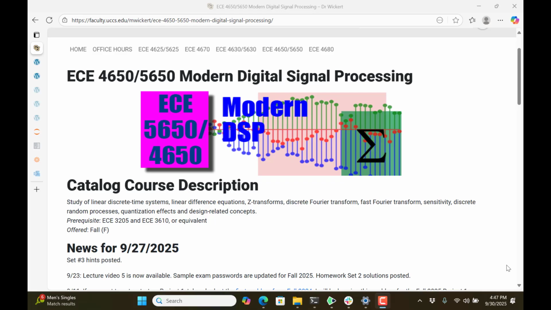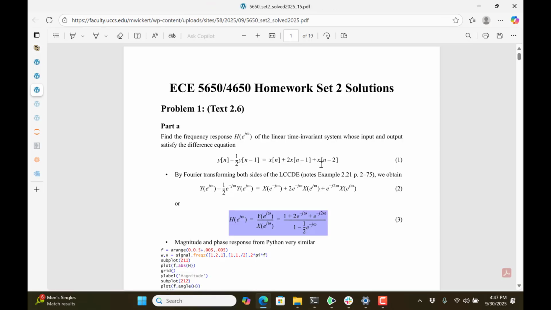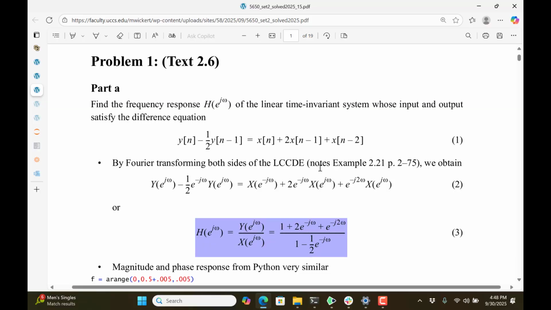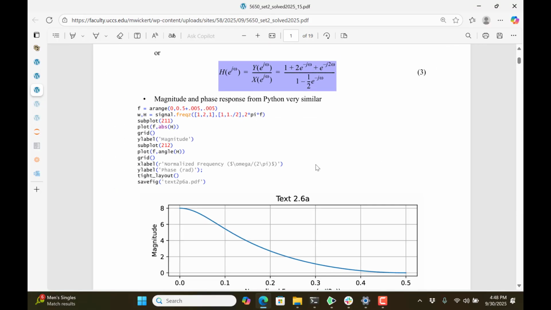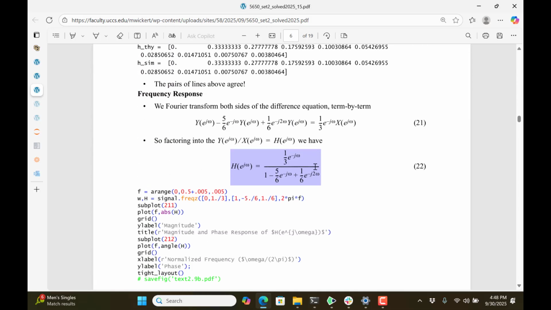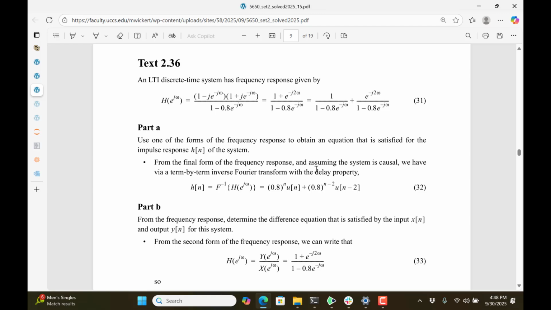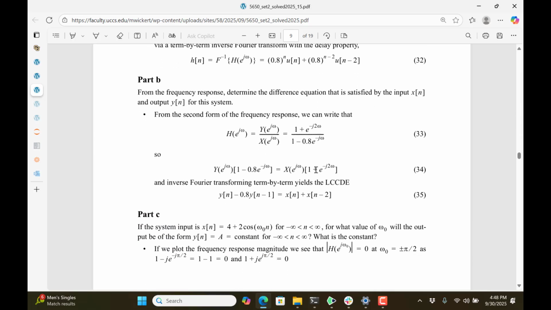So one of the things I want to take a look at is one of the problems from set number 2. I haven't graded everybody's paper, but I've certainly seen two people kind of miss the boat, not getting the wrong answers at all, but just taking what I think is not the right approach. So in this problem, you were given an H of e to the j omega frequency response for some system, and you were to find the impulse response,